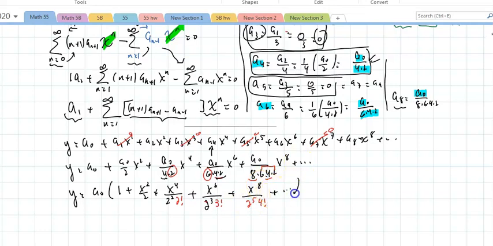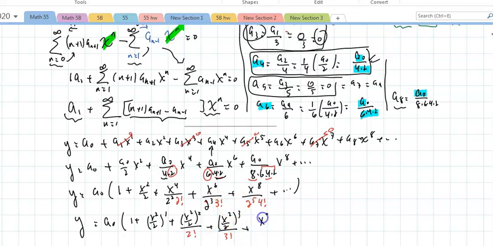And this list goes on. So I would say y equals a sub 0 plus a sub 0 into 1 plus x squared over 2 to the 1 plus x squared over 2 squared over 2 factorial, simple algebra, plus x squared over 2 cubed over 3 factorial, plus x to the 4 over